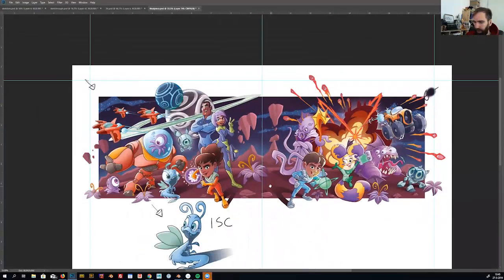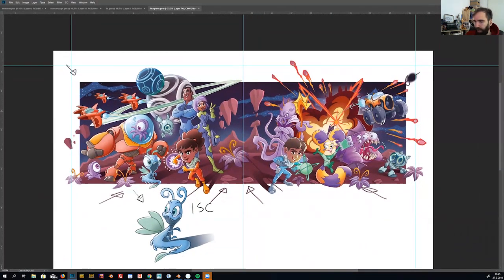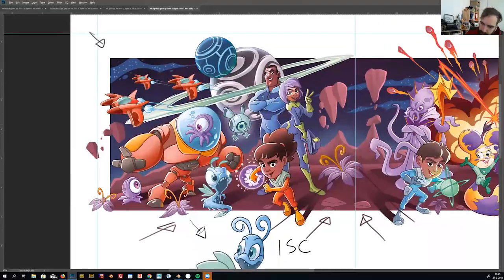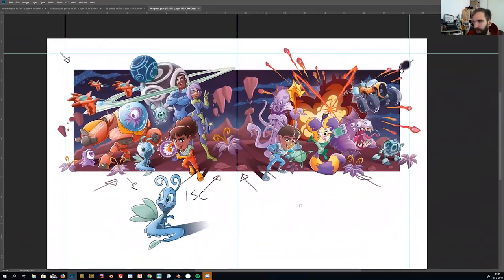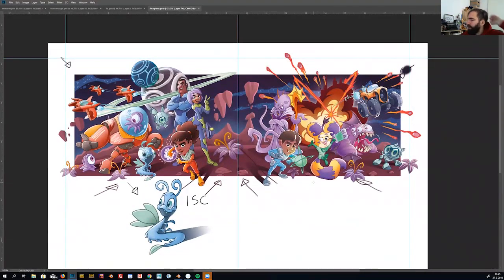Sometimes I play around with that a bit. So you also have the shadow going in these directions. And the background is quite dark, so I tried to make the characters a bit lighter. That's why I also added a lot of light red in this character here to make it stand out more from the background. So yeah, that's what I wanted to show in this video, and I hope it was useful